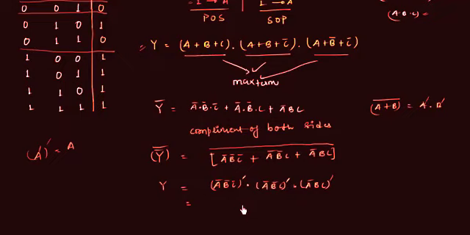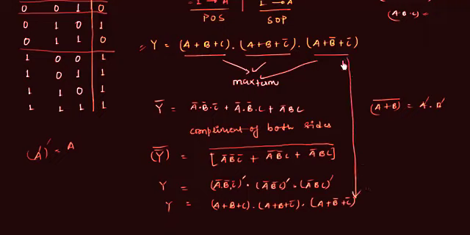Again we have to use De Morgan's law for these three min terms, and we have A, this AND will change to OR, B, this AND will change to OR, C. Okay, and in the same way we have A or B or C complement and A or B complement or C complement. This is the Y. Now you may see that these two are same.